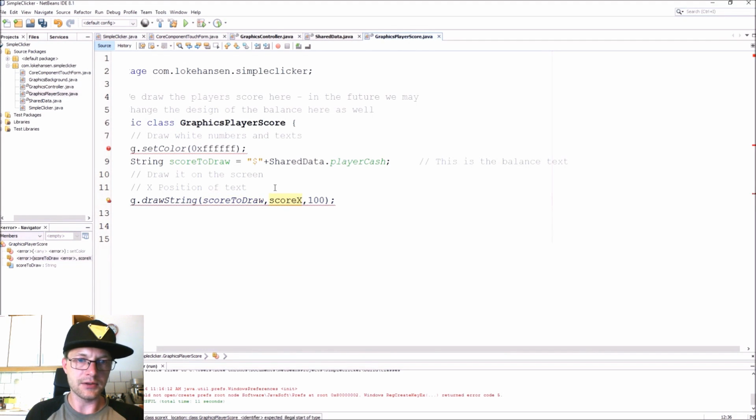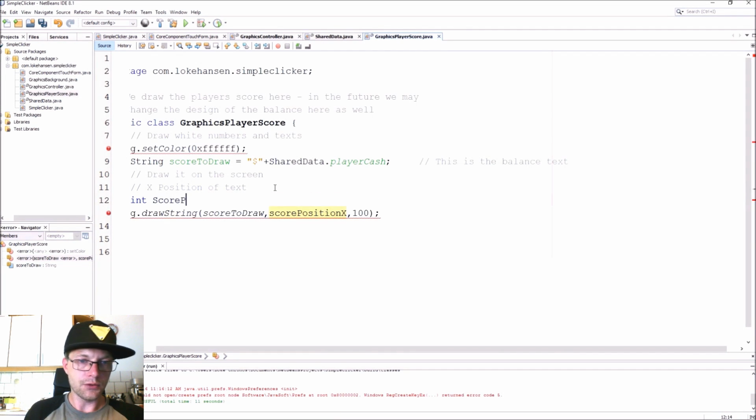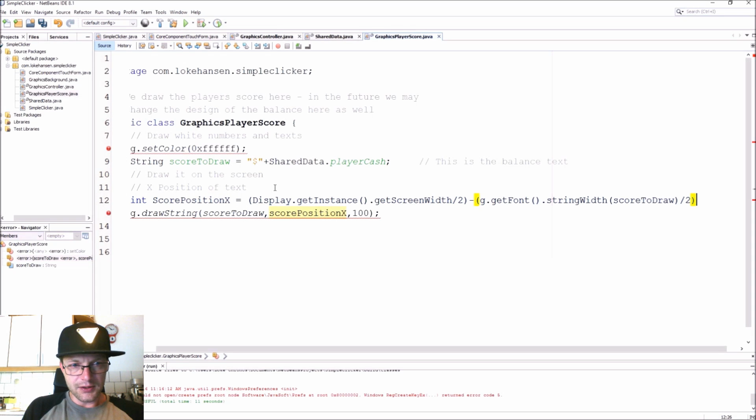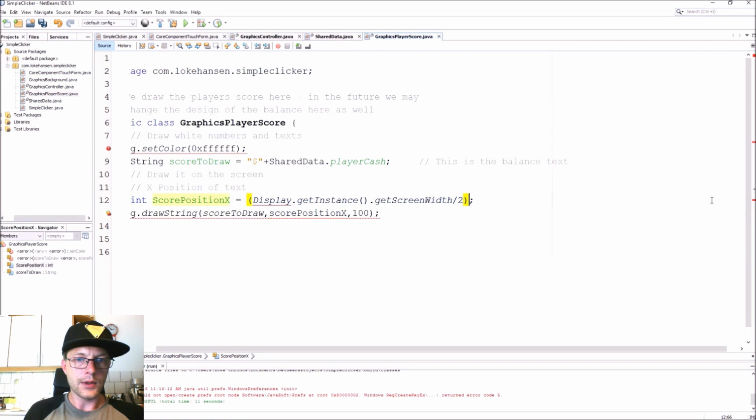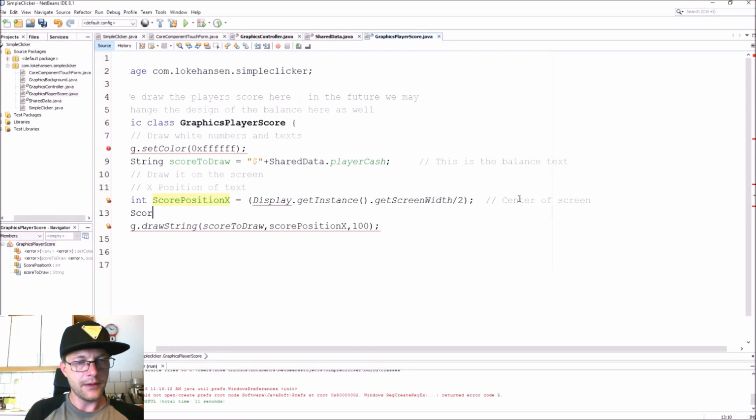I'm moving some of these things. I am using variables here instead, mostly for overview, so you guys can see what's going on, because it was getting pretty large. So the score position X, where are we going to be writing this? We're starting by half of the screen. Next, we're going to change this value. Where on the screen, center-wise, are we going to put it? We started by saying in the middle of the screen. Great. Next step is to go a little bit more backwards, exactly half the width